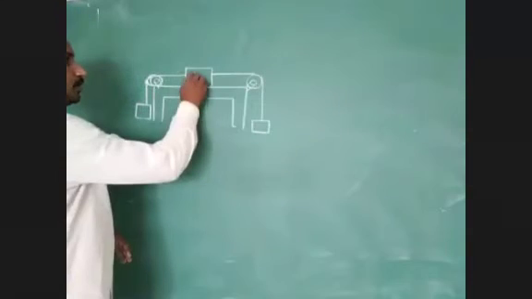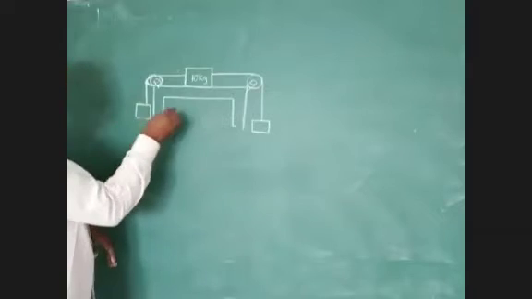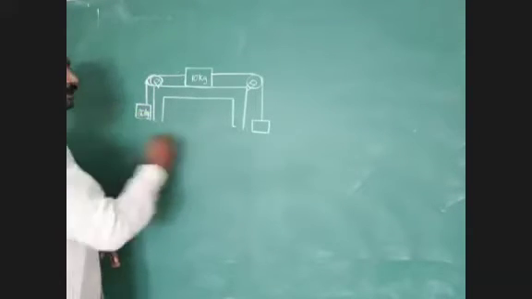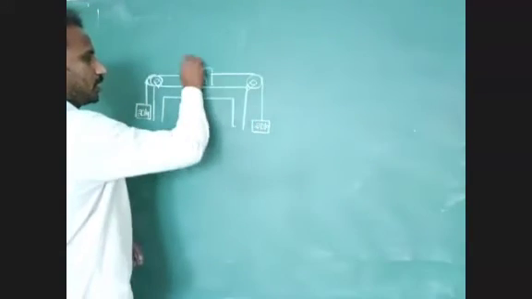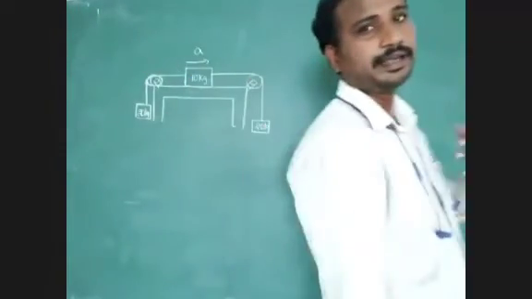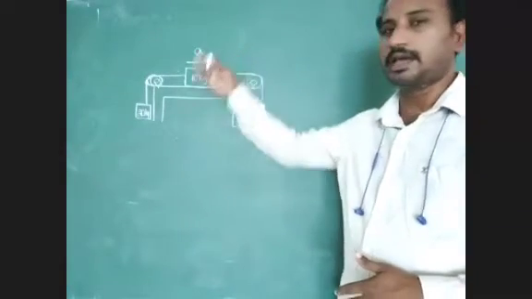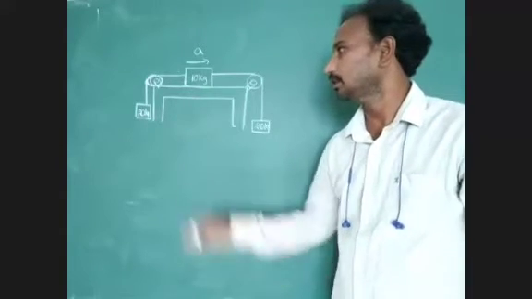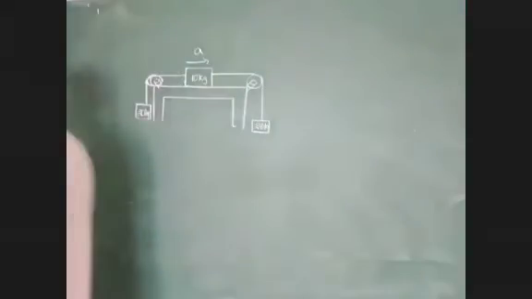Now identify here the mass of this body is 10 kg. Here the mass of the body is 20 kg. Here also we have to consider 20 kg. What is the acceleration of this 10 kg mass? It is a direct question, and we have to give a direct answer. What is the acceleration of that 10 kg mass of the body?